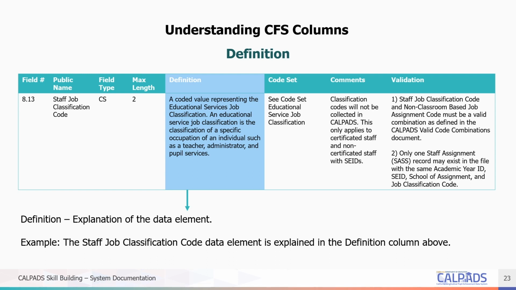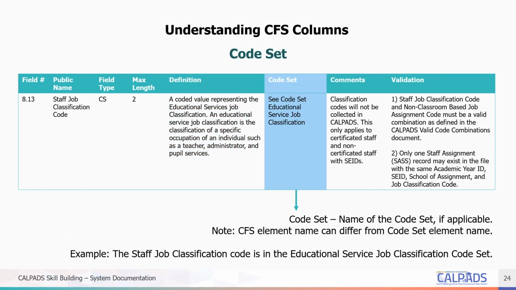An Educational Services Job Classification is the classification of a specific occupation of an individual, such as a teacher, administrator, and pupil services. The code set column provides the name of the code set, if applicable. We will go much more in depth on this point when we get to the CalPADS code sets document. For now, it is sufficient to note that if a field requires you to input a code, that code can